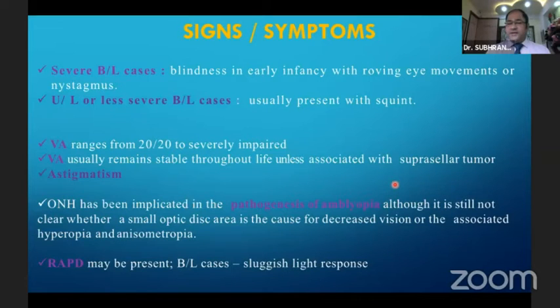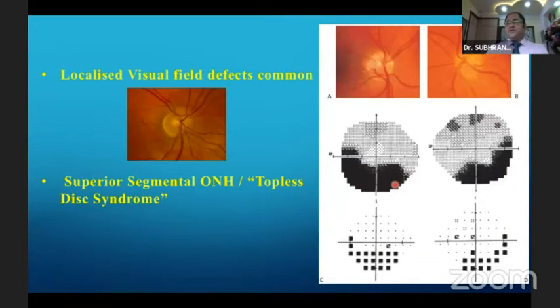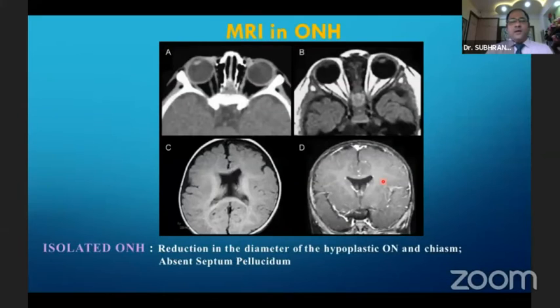And RAPD may be present. In bilateral cases, all we might end up getting is a sluggish light response. Localized visual field defects are very common in optic nerve hypoplasia. There's an entity called superior segmental optic nerve hypoplasia, or the topless disc syndrome, where we get this inferior hemifield disc like this. MRI, in isolated optic nerve hypoplasia, we will get a reduction in the diameter of the